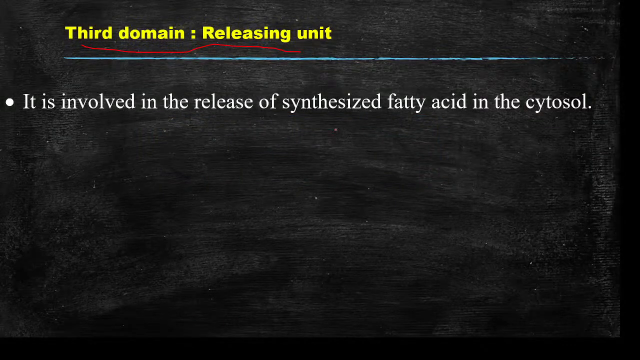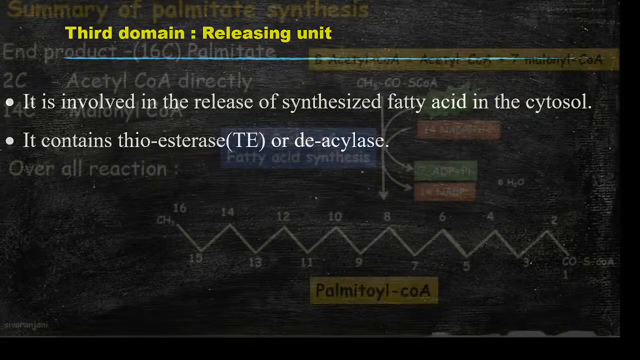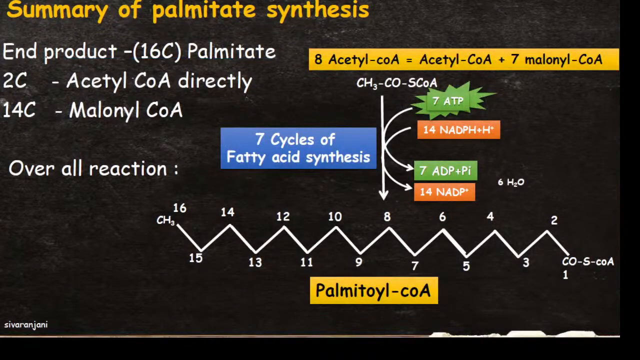So it is involved in the release of synthesized fatty acid in the cytoplasm. This is catalyzed by thioesterase enzyme or deacylase enzyme. To summarize, the end product of fatty acid synthesis is the 16 carbon unit palmitate, a saturated